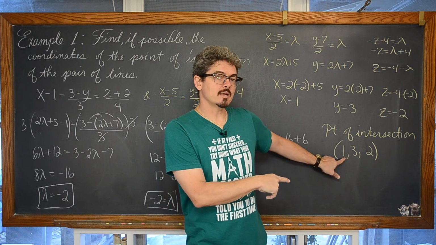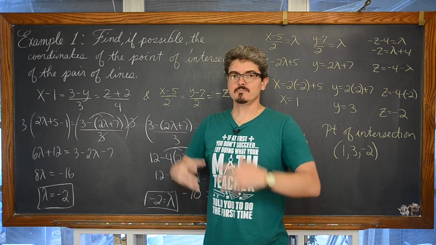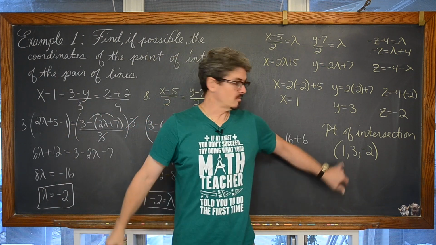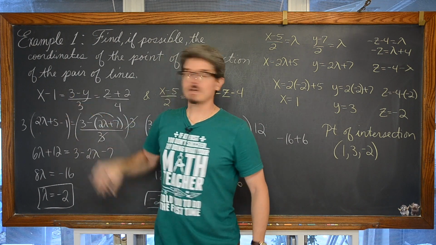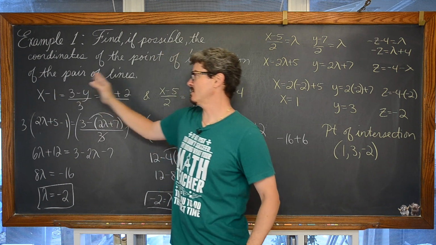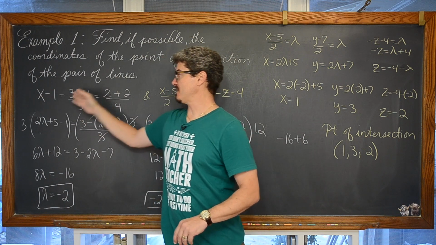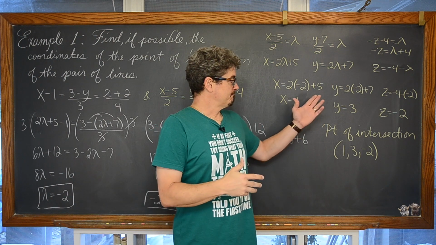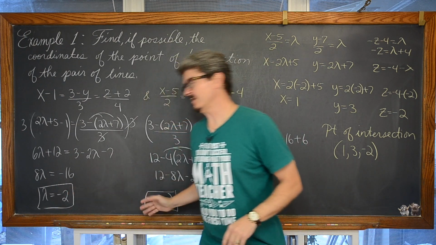If you want to make sure this is the right answer, just take your values of 1, 3, and -2, plug it in here, and make sure that you're getting a true statement, not some kind of false statement. Let's see here, 1 minus 1 is 0. We've got 3 minus 3 is 0, and we've got -2 plus 2 is 0. So the true statement is that 0 equals 0 equals 0. If I were to plug these x, y, z coordinates into here and get something like 0 equals 5 equals 0, then you've made an error somewhere, because we found this point from one equation. Let's find out, were those values of lambda actually consistent?